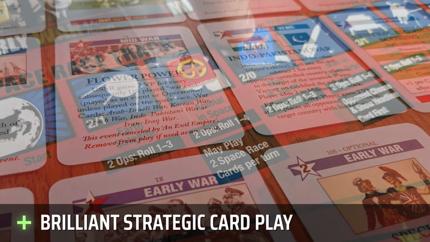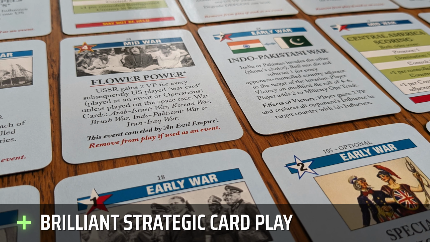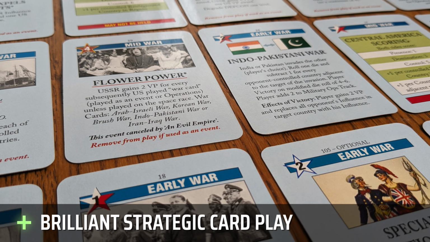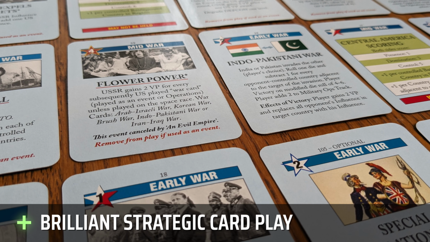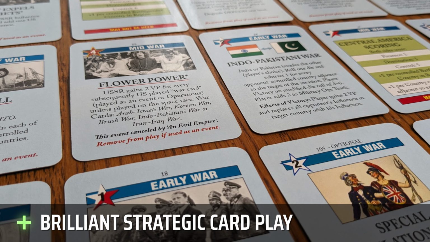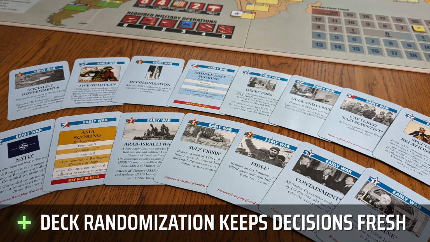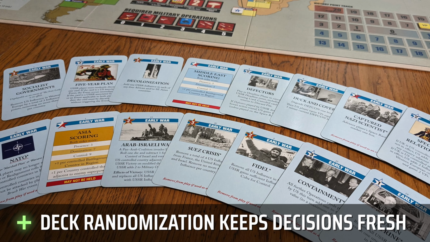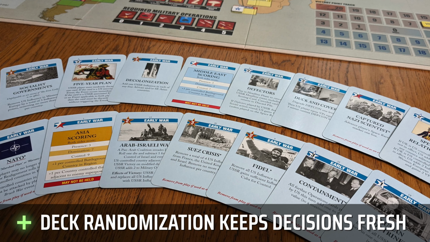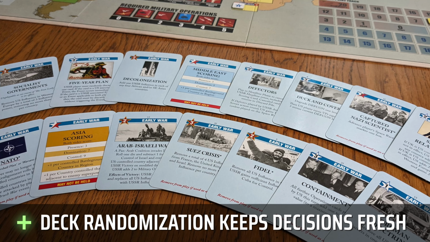The way the card play works, particularly with the triggering of opponents' events, creates such a rich strategic landscape that ties directly into the current state of the map, and the satisfying tension remains high throughout the entire game. And that brilliant card system will always remain fresh and present new situations due to the randomization of the cards. Every hand is a unique puzzle and one that is further distinguished by the implications of the current state